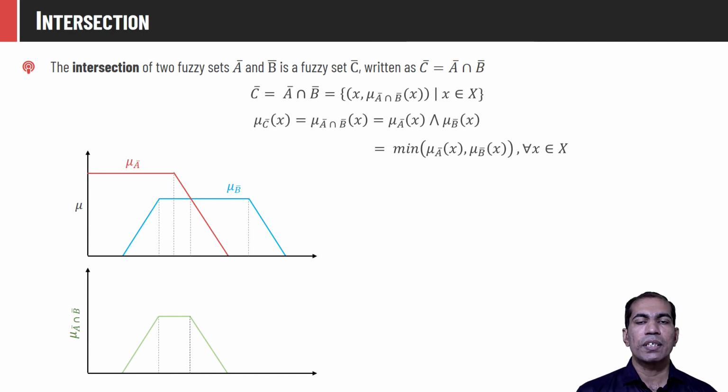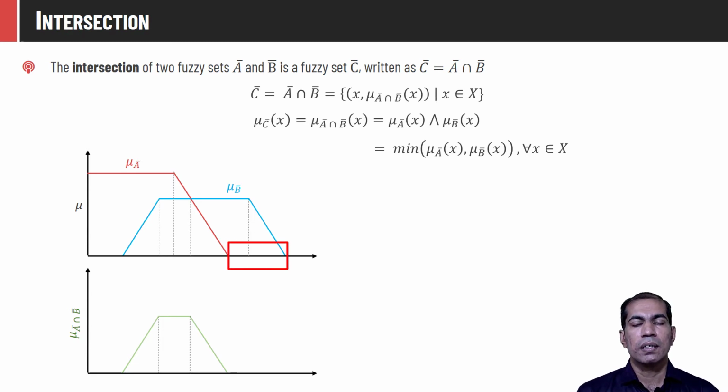And as per the definition of intersection, it always returns the minimum membership, and hence the membership value in the final set would be 0. For non-zero membership values, when two sets overlap, the intersection operation will select the membership value from the set which has the least, or the minimum, membership.